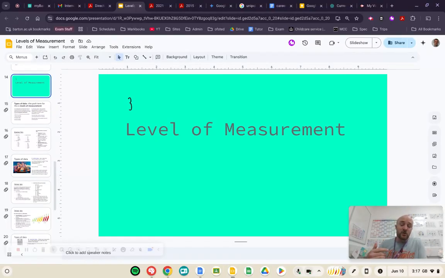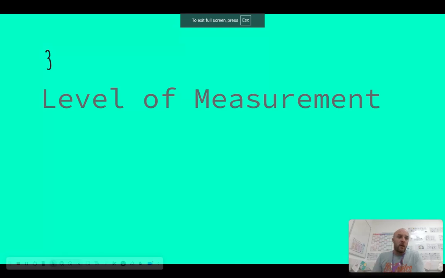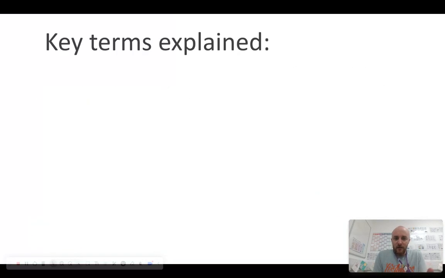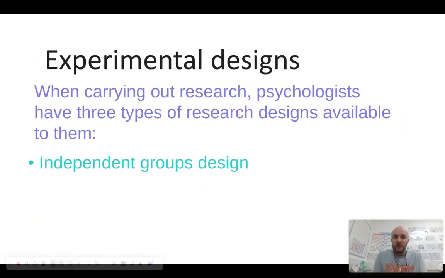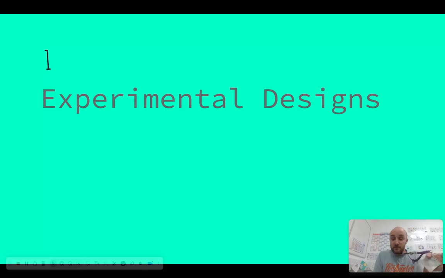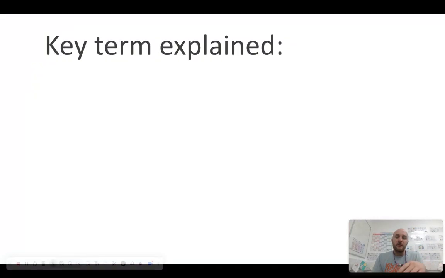But I think a lot of students generally really struggle with what I mean by levels of measurement. So I'm going to go through this. I'm going to keep this quite brief, but in order to pick the right stats test, you need to be able to pick out the right experimental design. Is it matched pairs? Is it independent groups? Is it repeated measures? I'm not going to go through that now, but you do need to be able to